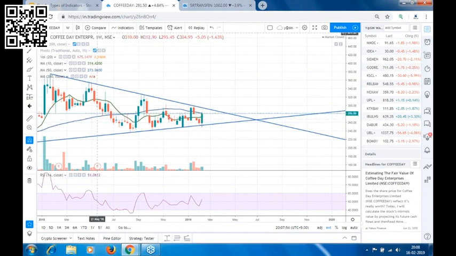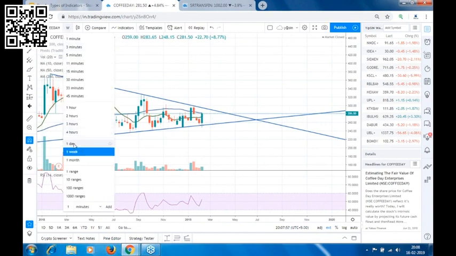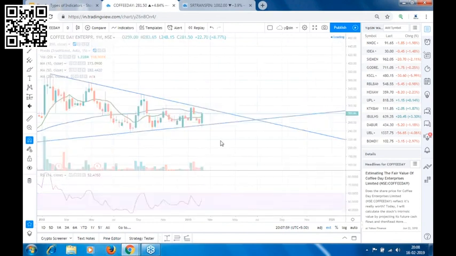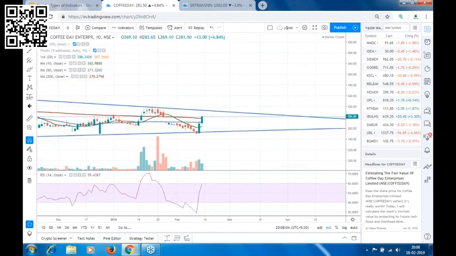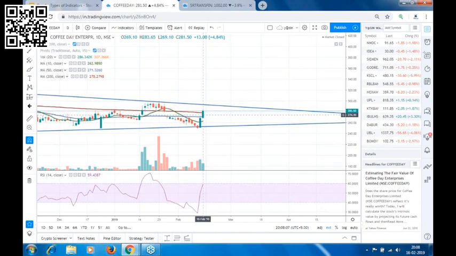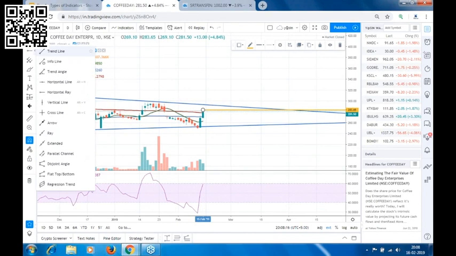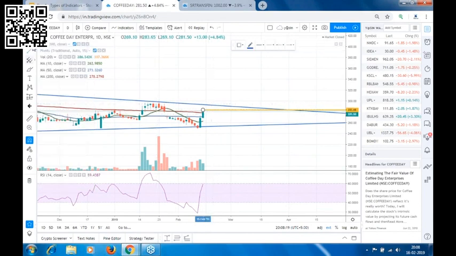So now if I want to decide the entry in the stock, at what level I will take an entry, I know that on the weekly time frame at 282.50 there is a resistance. So if I want to take an entry, I will mark this level. The high of this candle is around 283.65. So let's say I'll mark 285 as my entry point. Around 285 I plan to enter the stock.